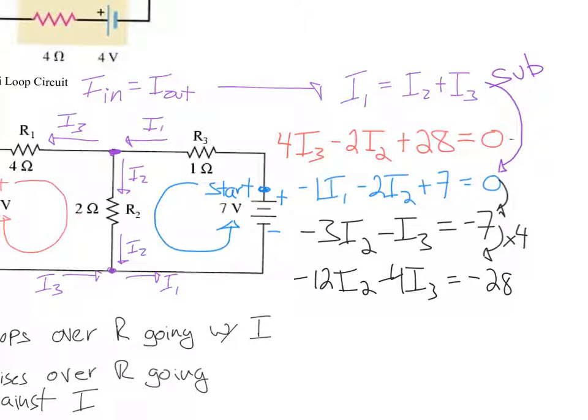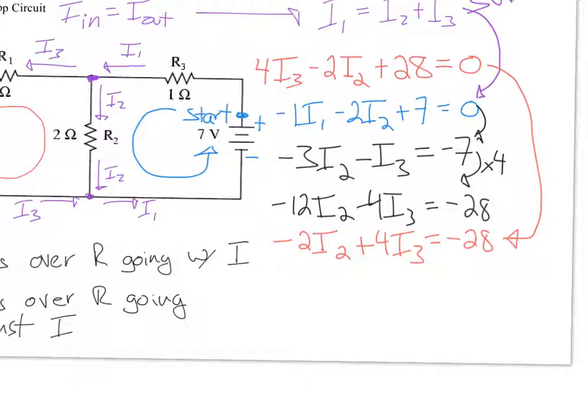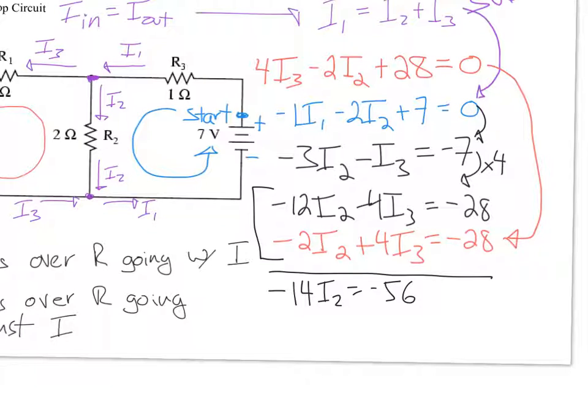And I'm going to take our red equation now and just rearrange it a bit. So we have minus 2 I2 plus 4 I3 equals negative 28. So I've got those equations together. I'm going to take these equations here, add them together. That'll give me negative 14 I2 equals negative 56, and I'll get my first solution, which is I2